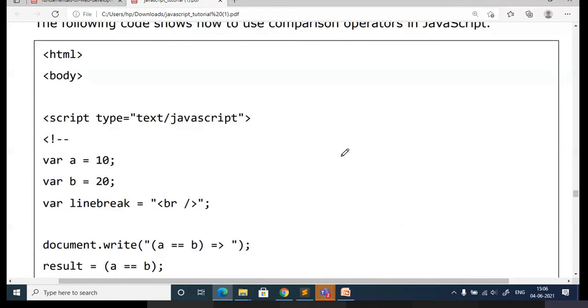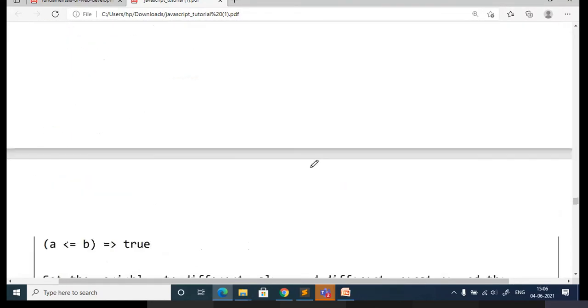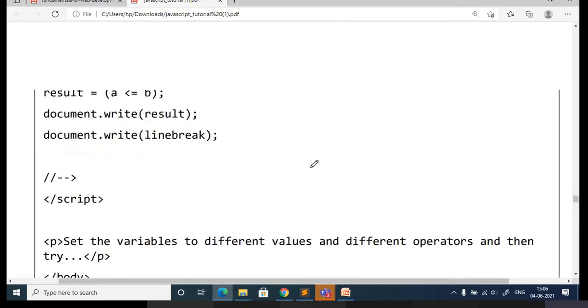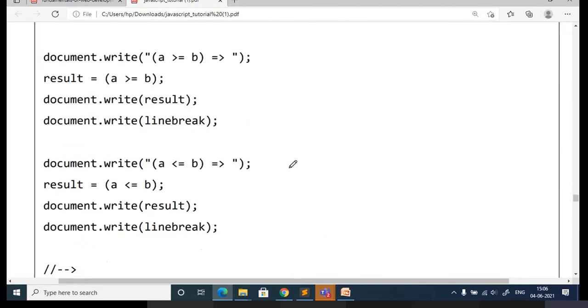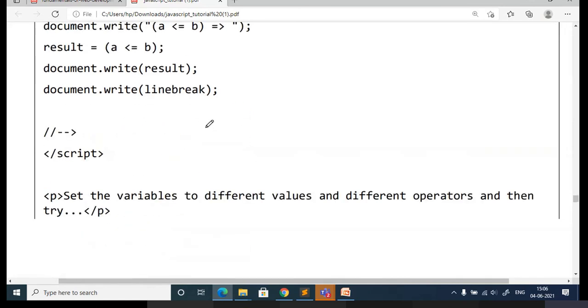I'm just rushing because you already know all these things, and corresponding programs are given for you to check the conditions. If you know how to write a single operation, you can embed the other operations and check how it works.